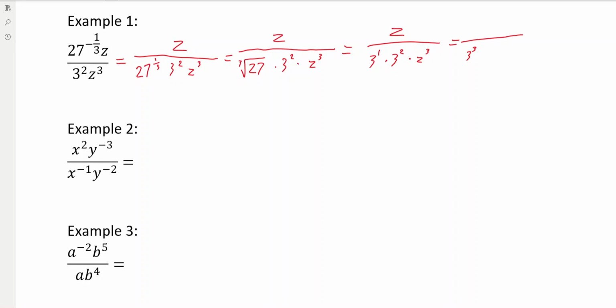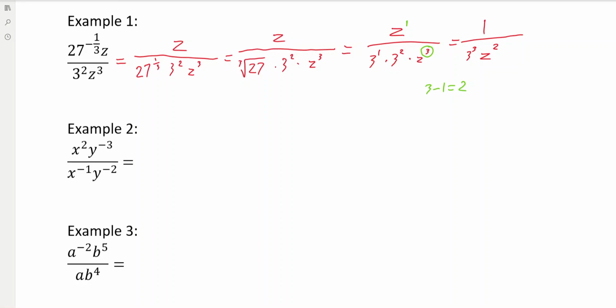With the z's, I always choose to start with the bigger number, and then I subtract by the smaller number. So down here is the bigger one, and up here is a 1. So I would do 3 minus 1, which is 2. And wherever the bigger number was, bigger positive number, that's where the number will be left over. So we're going to have z to the 2 on the bottom, which means that on top we have just